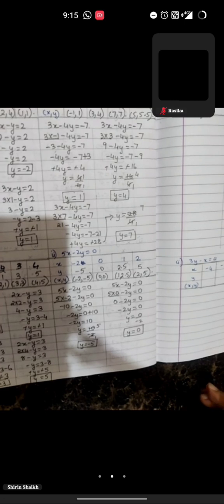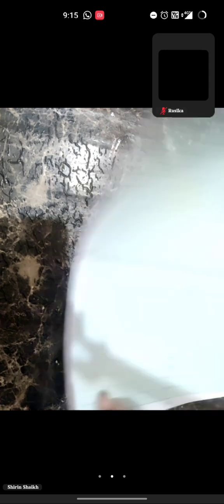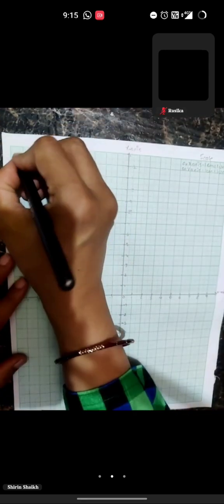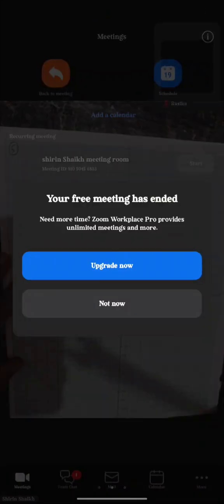So I'm going to start with the plotting. So take your graph paper. I have already made the x-axis and the y-axis. Okay, so first